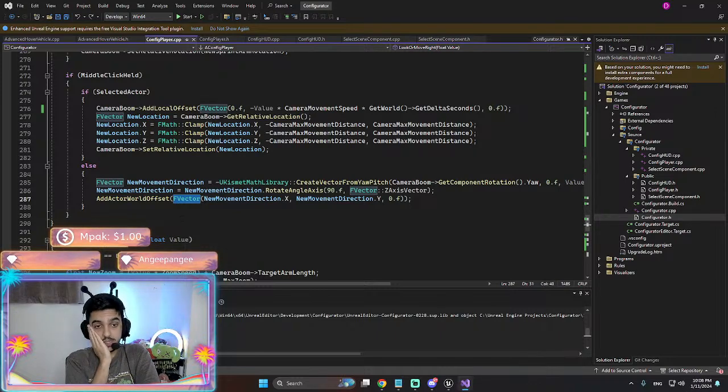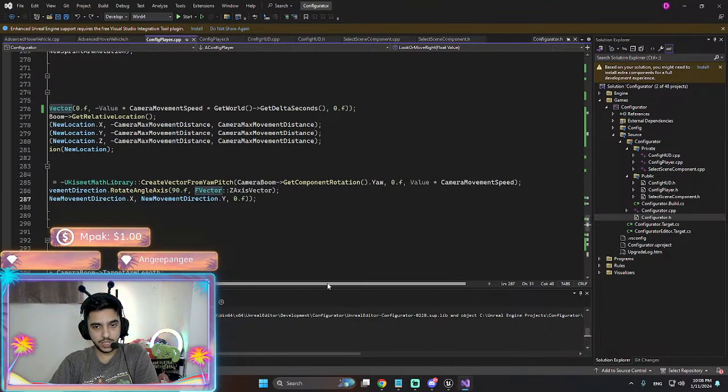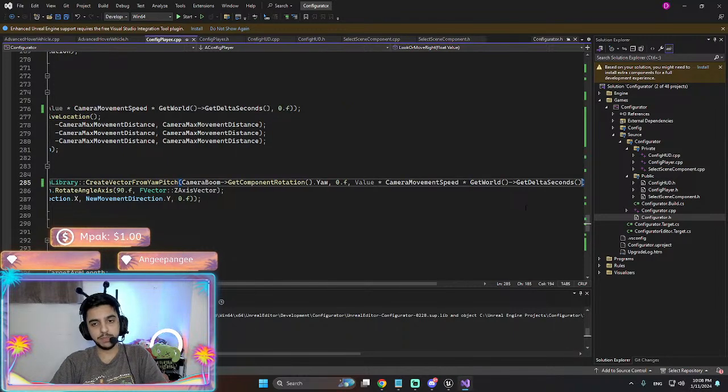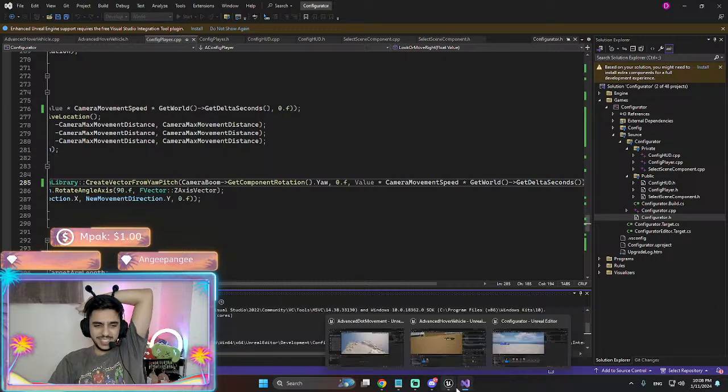Oh my god, this is not going well. Get component rotation. Camera movement speed multiply by... Yes. This is gonna be it.